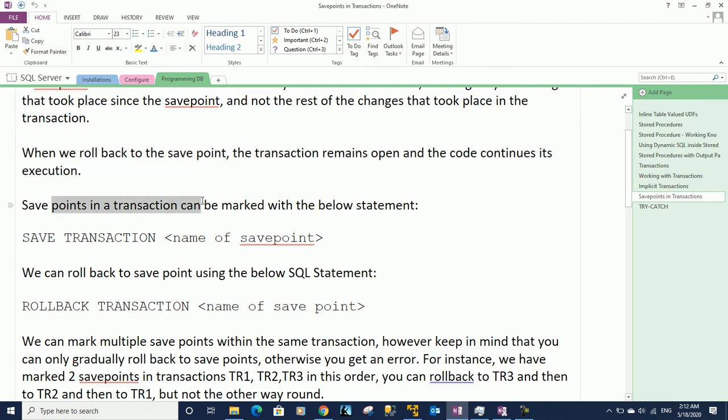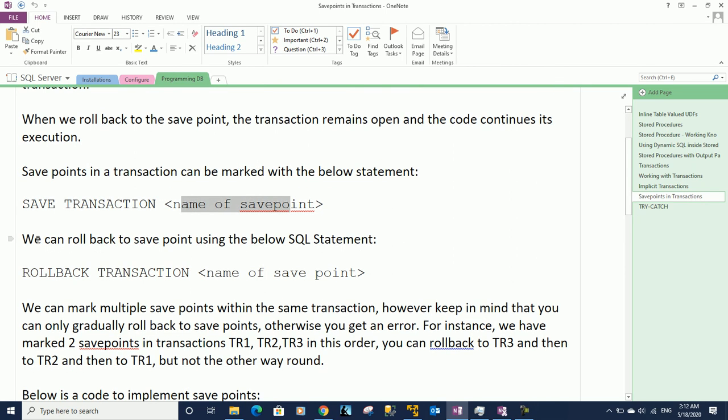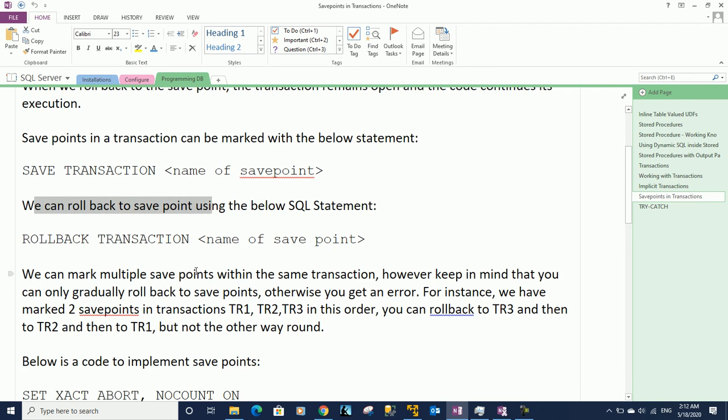So savepoints in our transaction can be marked with a specific statement. Within the begin transaction and commit transaction block, we can mark various savepoints in the code. We can use the statement SAVE TRANSACTION with the name of a savepoint to mark the savepoint. And how can we roll back to that particular savepoint? We can use the rollback transaction statement and specify the name of the savepoint up to which we want